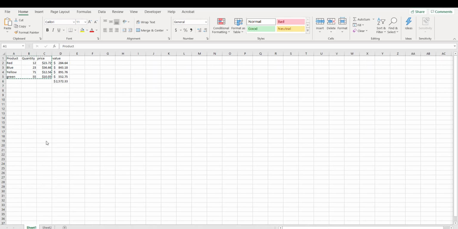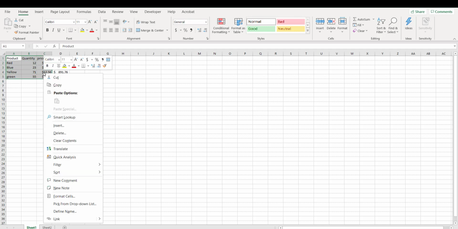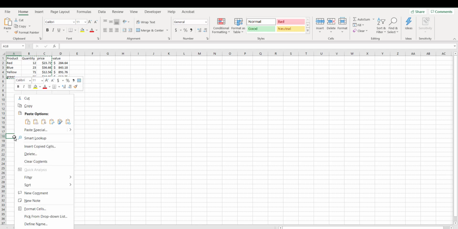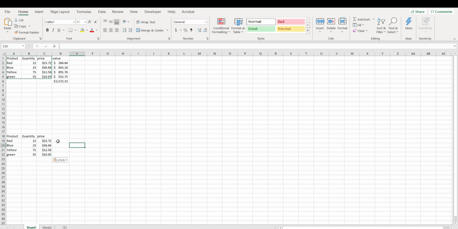So one other thing I want to go over with you now is we talked about relative positioning, meaning when you create a formula and copy it, it simply follows the positioning, but sometimes you might not want that. So what I'm going to do here is quickly copy this to an area here, and I'm going to say, you know, I would like to know what my prices might look like if I had a 15% price increase. So if I took a number here,